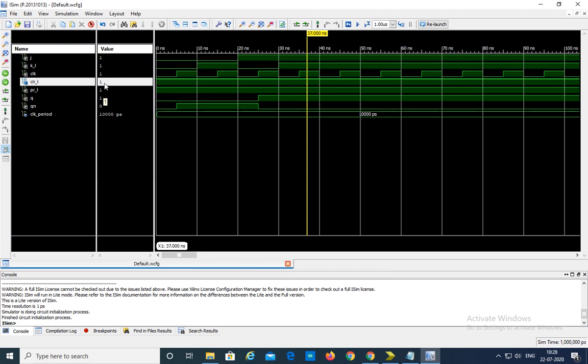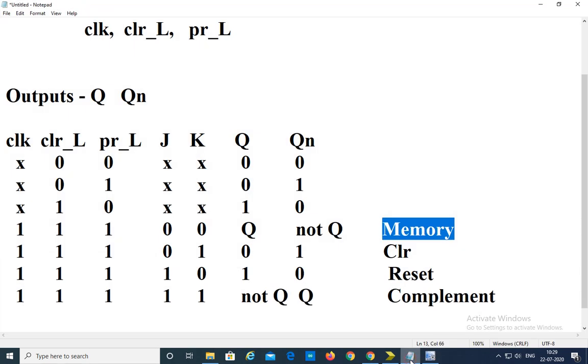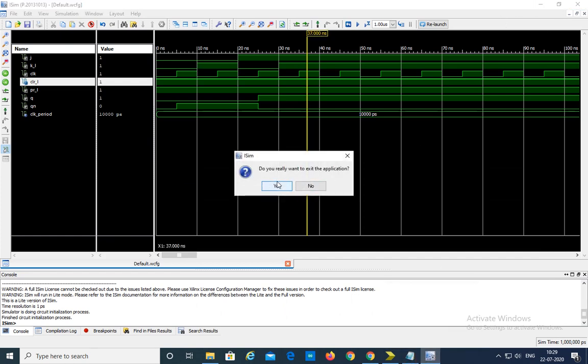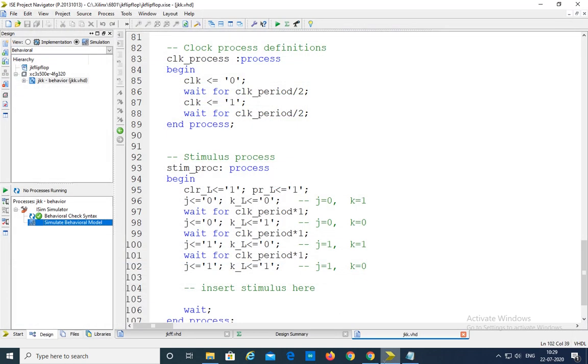Now we'll see what happens if clear and preset are active. So that can be written here. So close this one, and here we'll write the extra statements.